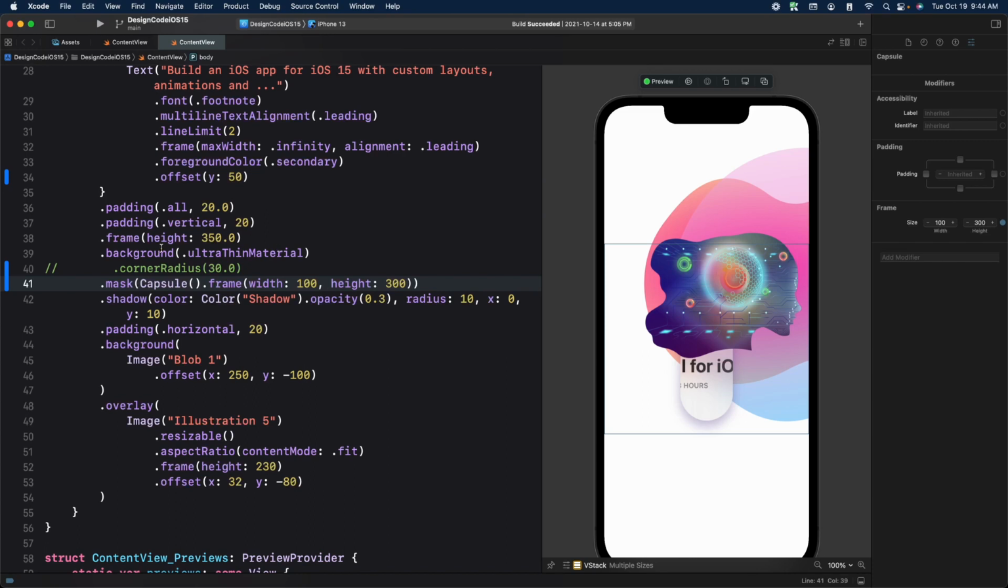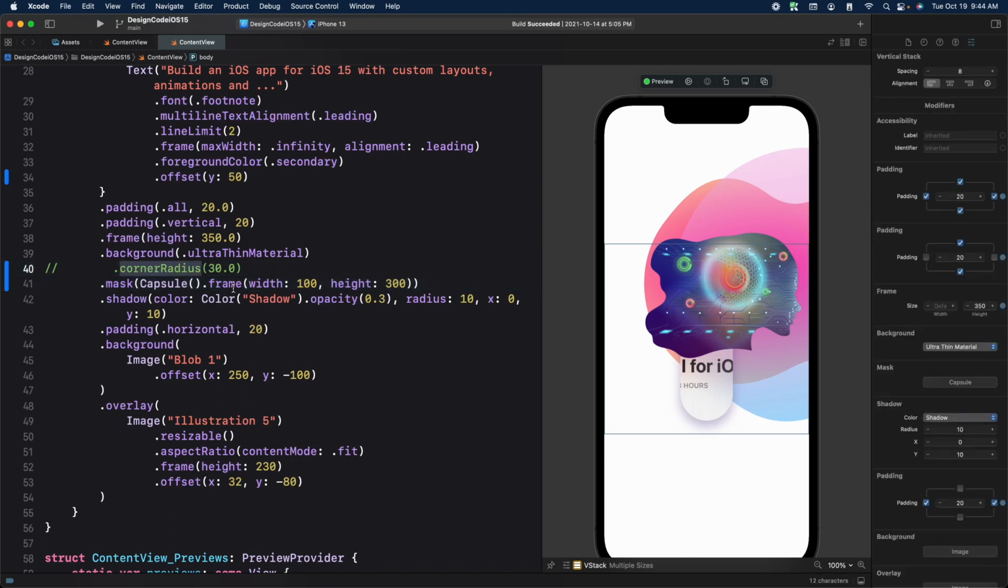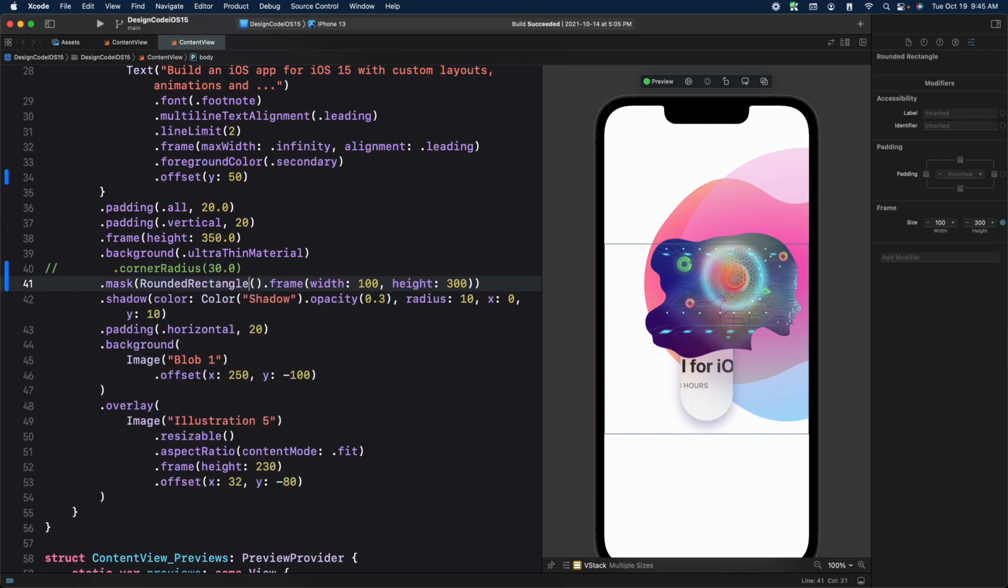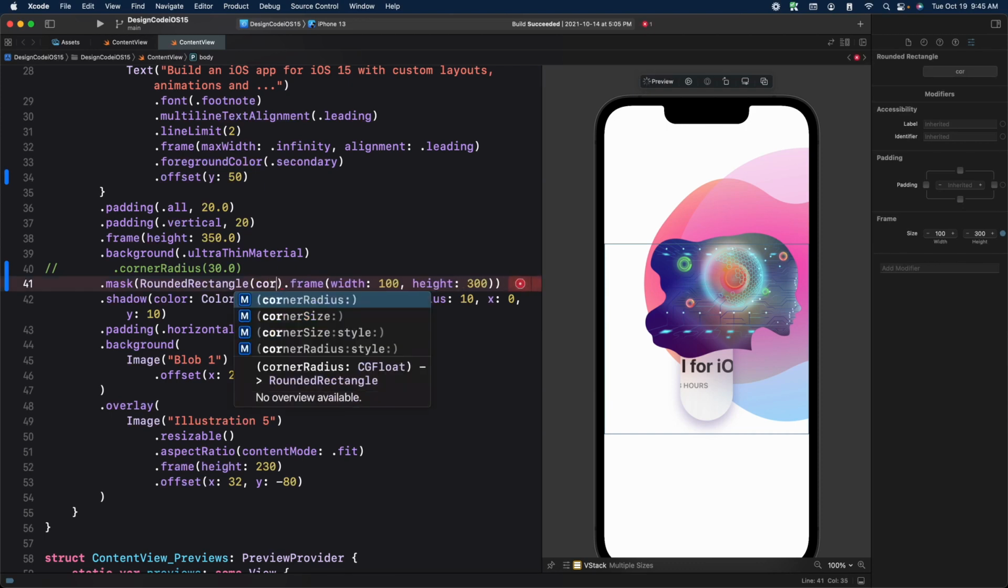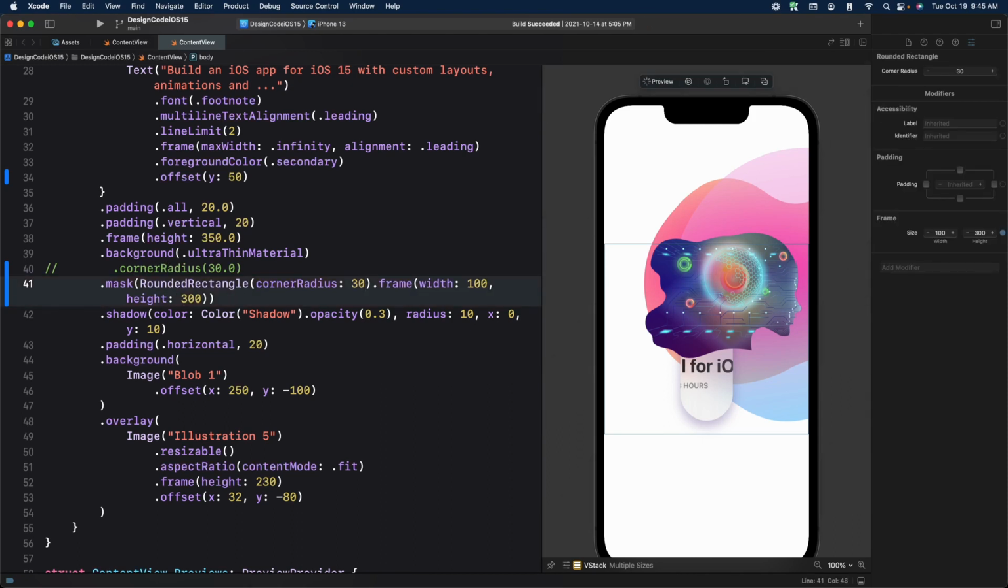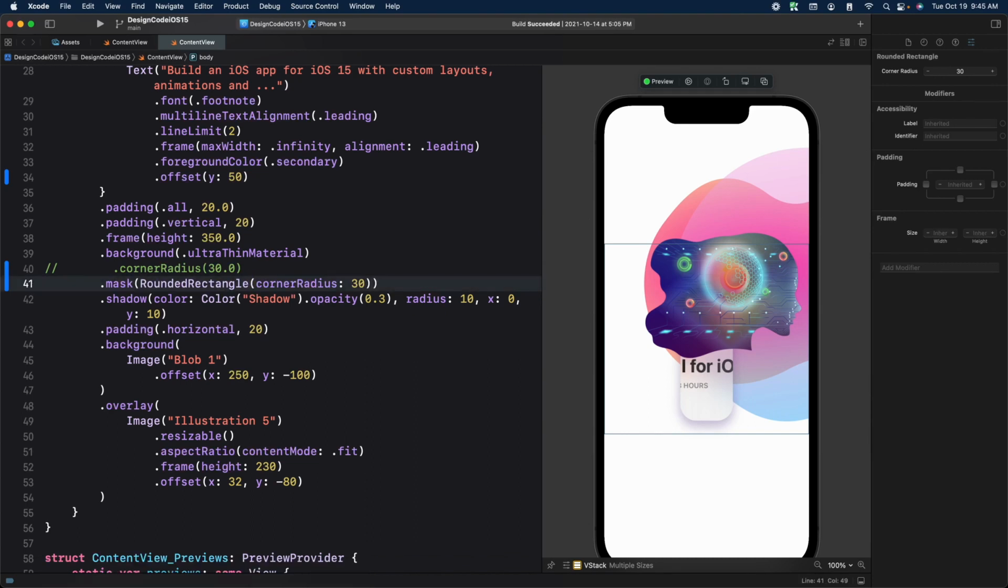Now let's go back to the corner radius that we have set earlier. And the equivalent of that in shape is called the rounded rectangle. And for the rounded rectangle, you're going to need to set the value for the corner radius. And the corner radius is the same as the corner radius modifier. So we can set that to 30. And we can remove the frame because we don't need to restrict the size. So there you go. It does exactly the same as before,